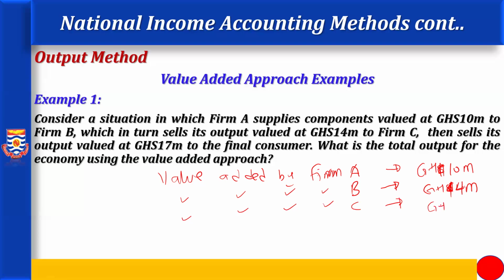So they have only added a value of 3 million, because 14 to 17 is 3 million. So in total, our final GDP will be what? 17 million. That's 10 plus 4 plus 3. So our total GDP will be